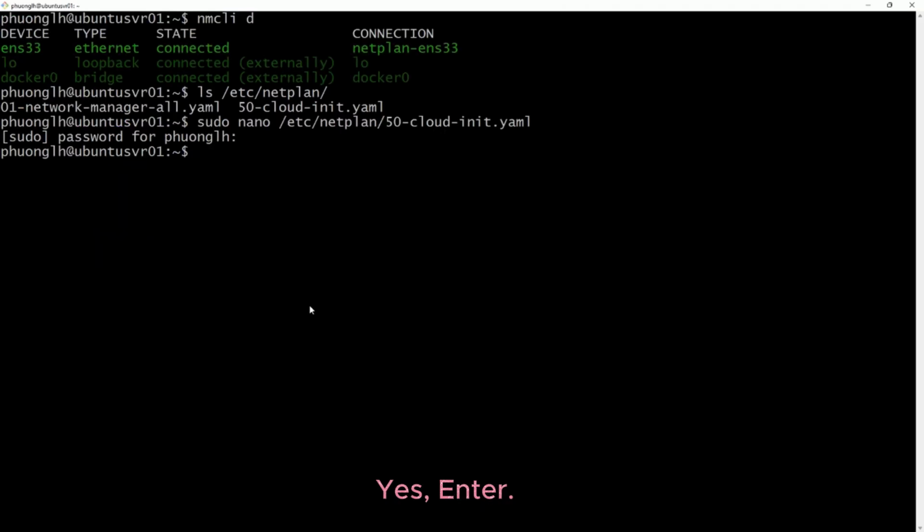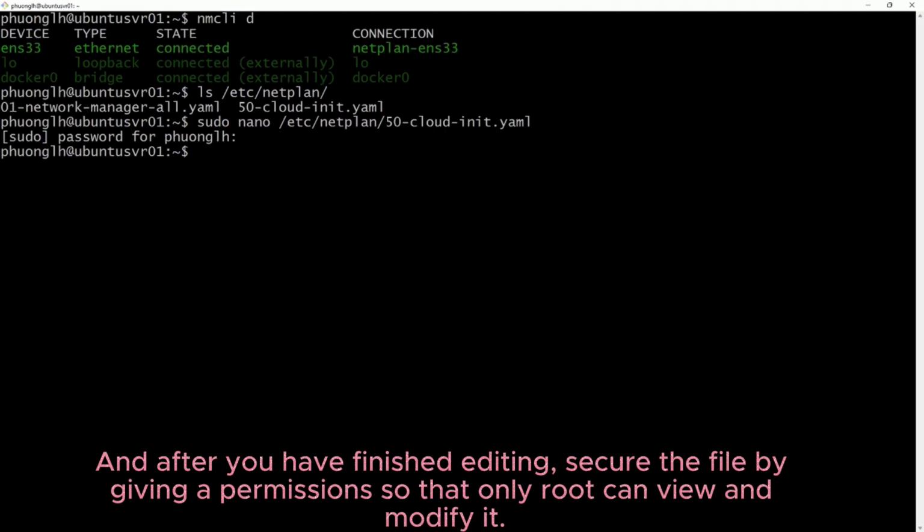Yes. Enter. And after you have finished editing, secure the file by giving permission so that only root can view and modify it.